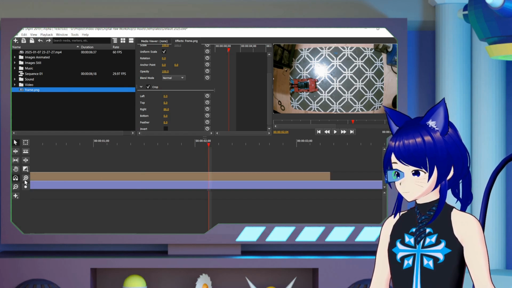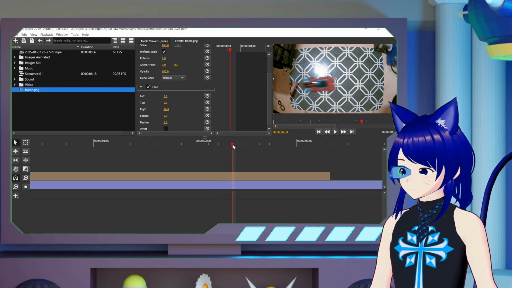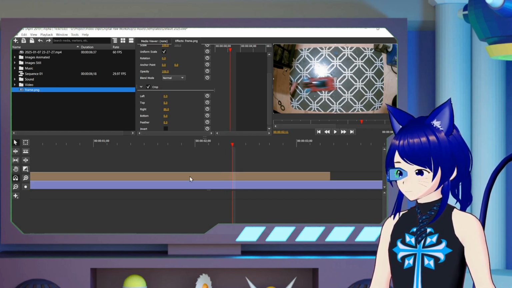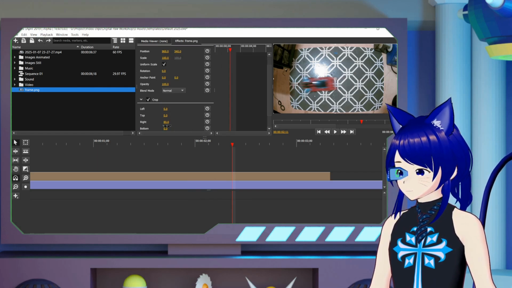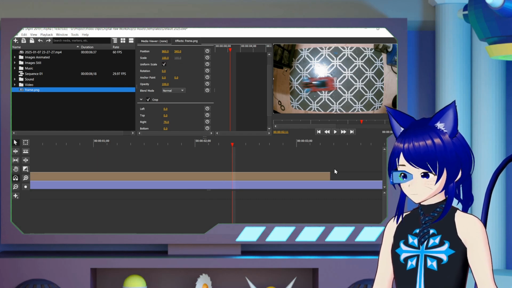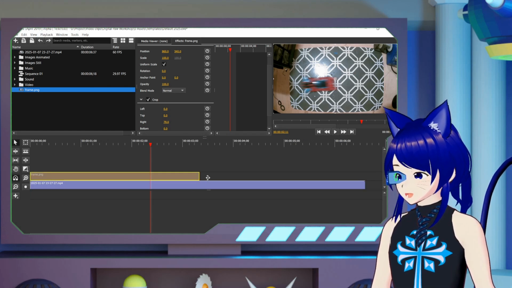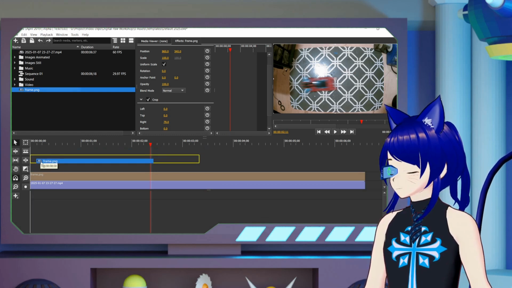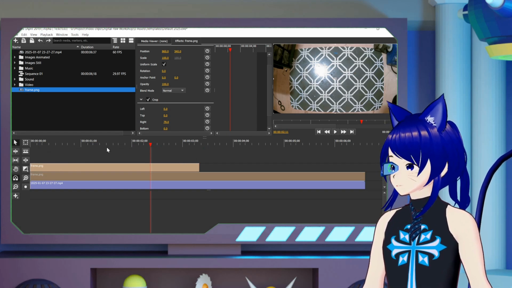Let me zoom in just to make sure. There's the finger. So probably about right there. So let's see, bring that to about right there. That way it's going to keep my hand out of the way of this. So now what I am going to do is bring this on in, but I'm going to come up here